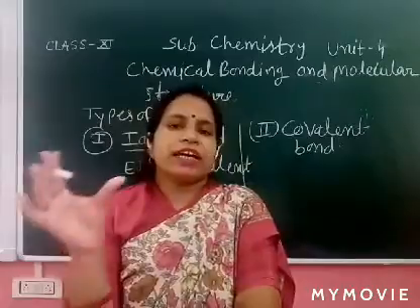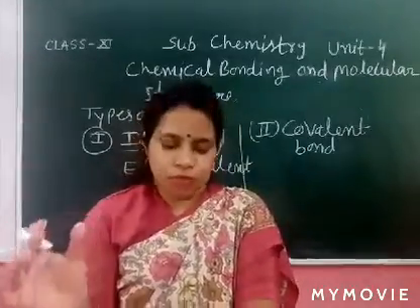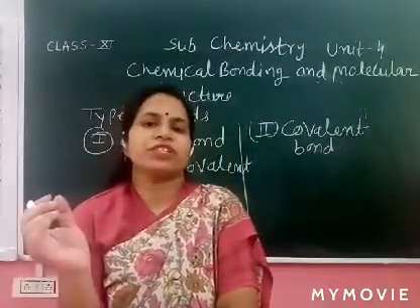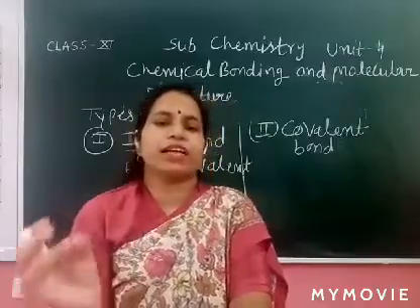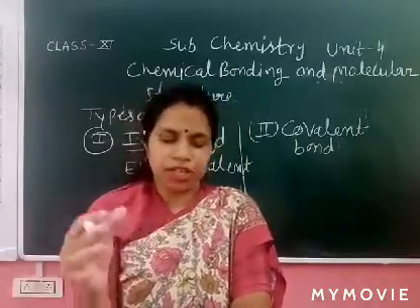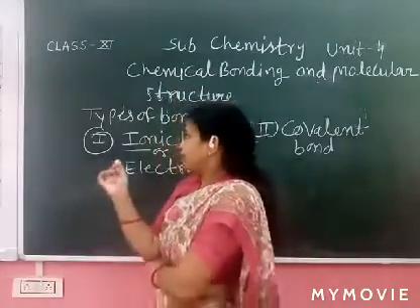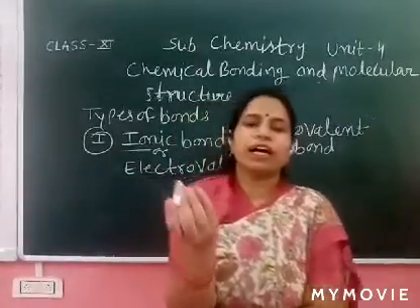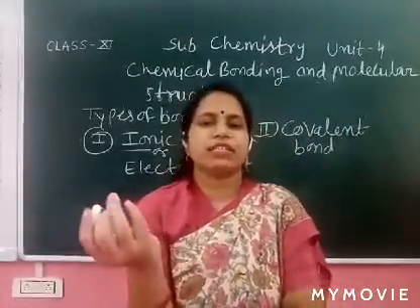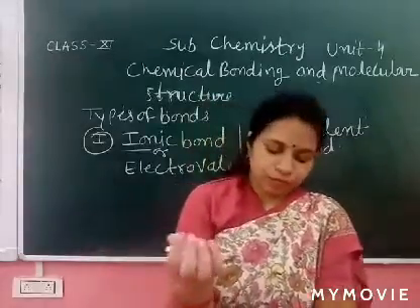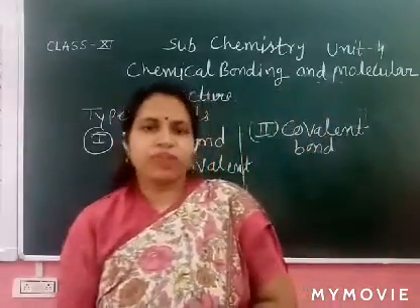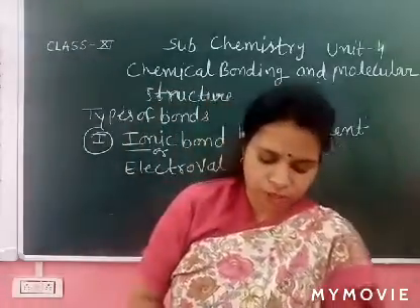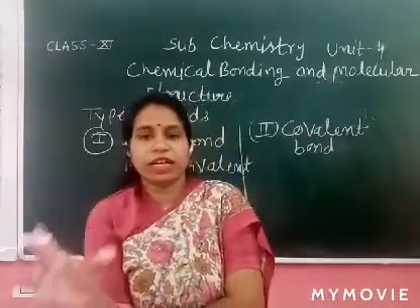They acquire 8 electrons in the outermost shell, the nearest noble gas configuration, so they become stable, and both positive and negative ions are present. So there is a strong electrostatic force between the ions. They are oppositely charged, so there is an attraction force. This is also called the Coulombic force. The attraction force is given by Coulomb, so it is called the Coulombic force of attraction, which holds the